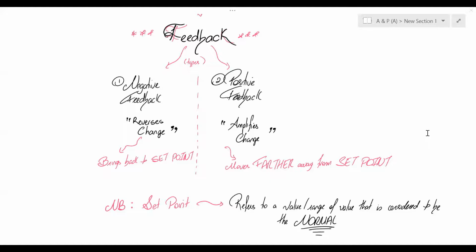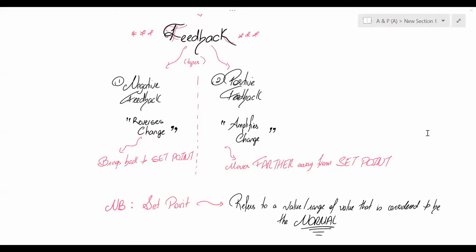And I feel as though even if you don't truly understand what I'm meaning, I do believe that if you stick around to listen to a few examples, you will begin to understand why I say with positive feedback, it's plus, plus, plus, more, more, more. It deviates or it amplifies this particular change or this stimulus or this variable, whilst negative feedback brings it back or reverses the change, right?